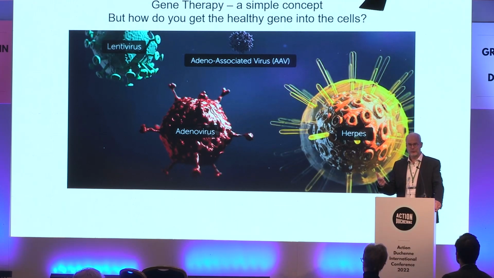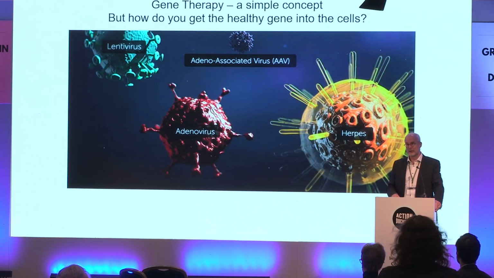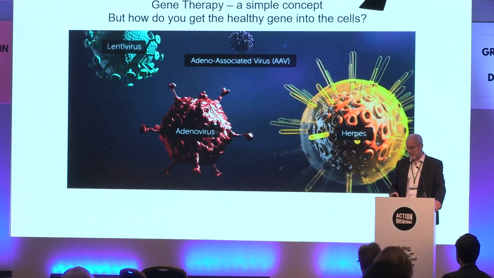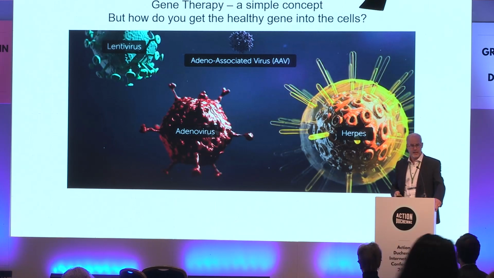The concept of gene therapy is very simple. It's a lot simpler than, for example, exon skipping or explaining antisense oligonucleotides. So you replace a faulty gene with a healthy gene, and the challenge is how do you get your healthy gene there? And so you have heard from Linda and Annemieke about